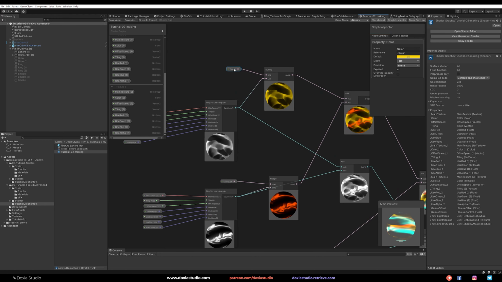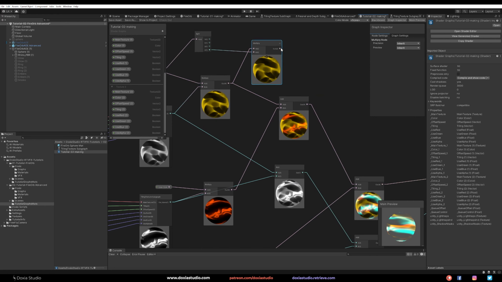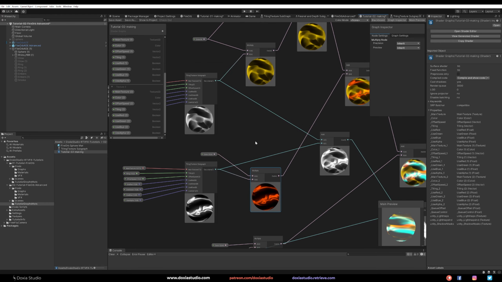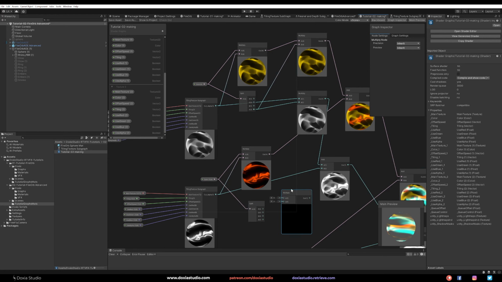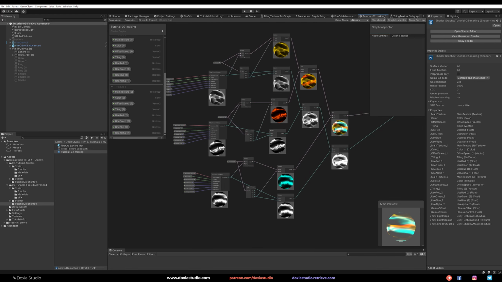Okay. So let's come here. Let's split this. So now with the alpha, we can control this. So let's again create a multiply, the color with the alpha, and then use this on the add node and do the same for the other textures. So let's go multiply. Okay, so now let's save the asset.